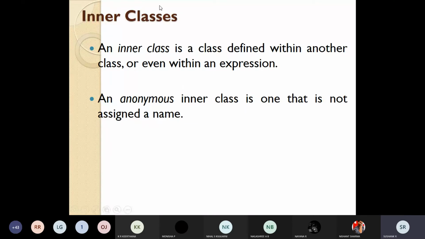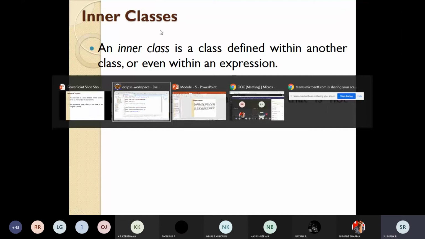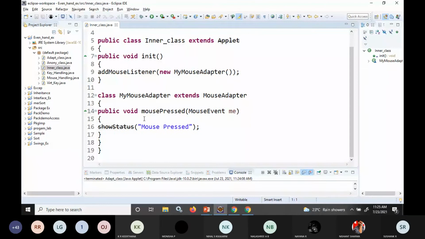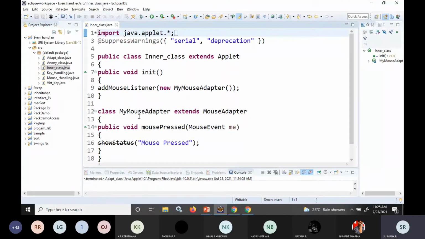I'll just go to this, one second. Okay, so inner class. Here, this is the main class name. This class contains one method called the init method, where I'm going to register the mouse motion listener.